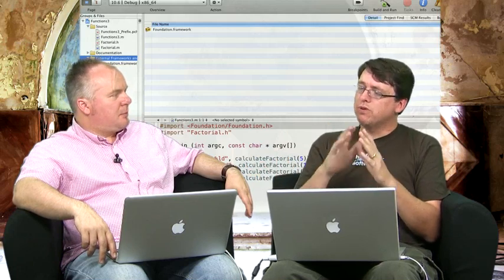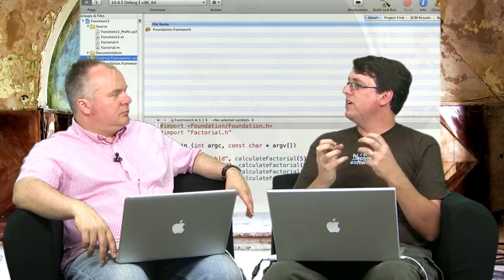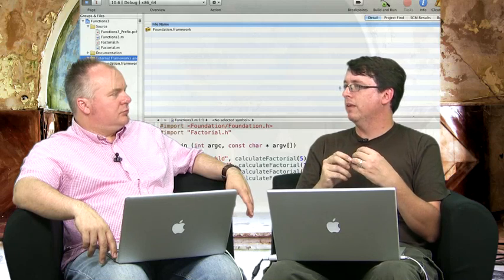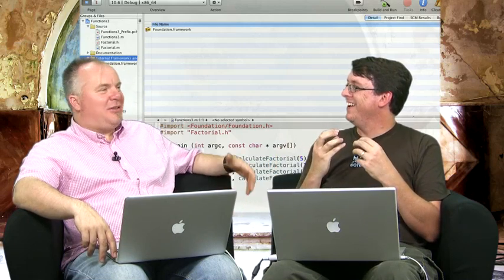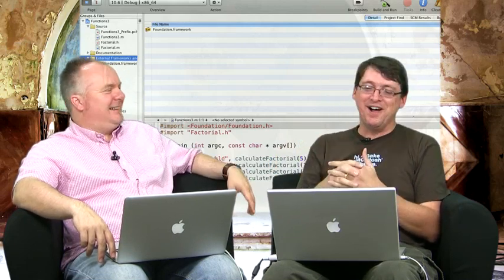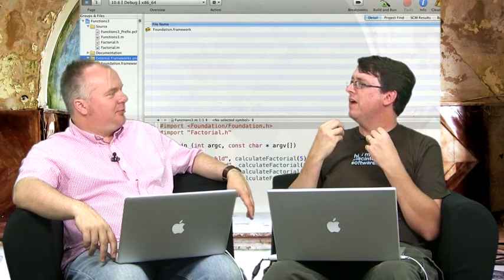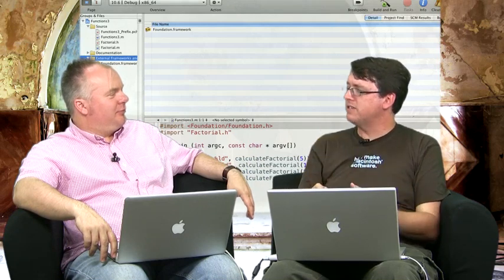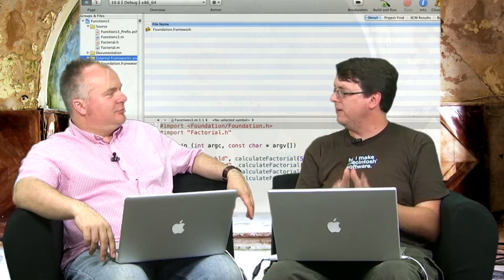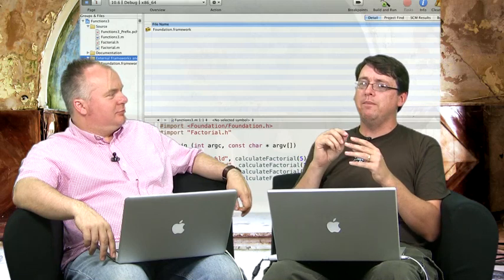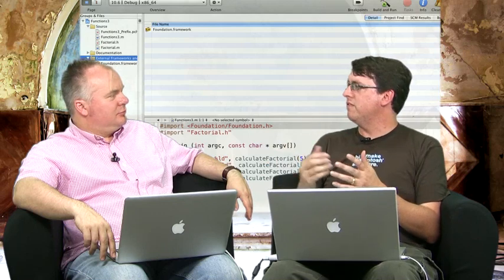We will talk primarily about Foundation because Objective-C without the Foundation framework is like, I don't know, peanut butter without jelly. Some people may think that's a good thing. It's not really complete. The Foundation framework gives you a lot of tools that are necessary to write code with Objective-C. We're going to talk about Foundation as part of this program, but there are also all kinds of other frameworks available. For example, if you do iPhone development,